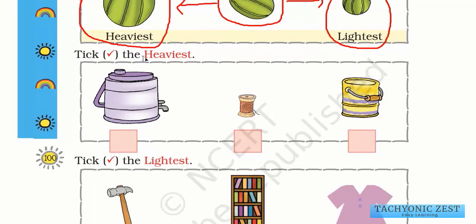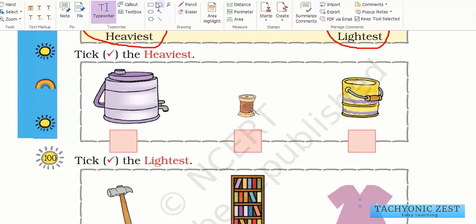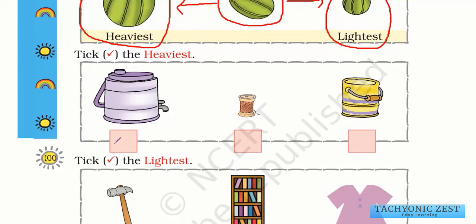Okay, so we have to tick the heaviest. So out of these three, so these are three objects that are given. Now we have to tick the heaviest out of these three. So we can see that this is a wooden drum, okay, which is a small wooden drum. This is a bucket, okay, and this is a steel coffee mug. So we have to take the heaviest. So out of all these three objects, can you tell me which is the heaviest object? Yeah, absolutely correct. So this is the heaviest object. And can you also tell me which is the lightest object among all these three? Correct, this is the lightest object. Now this object over here, it is heavier when you compare it with this object, and it is lighter when you compare it with this object.